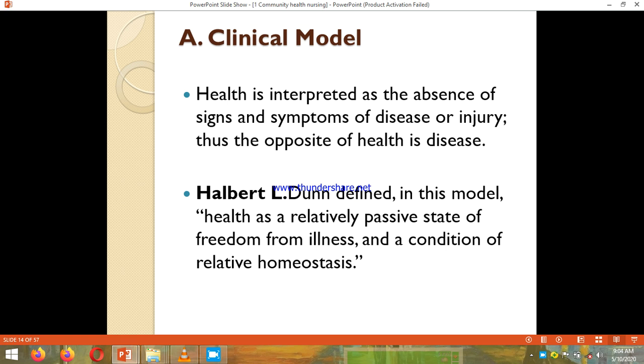Albert Elden defines this. By the way, Albert Elden is a medical doctor, or he has a PhD, and he is also called the father of wellness. He published